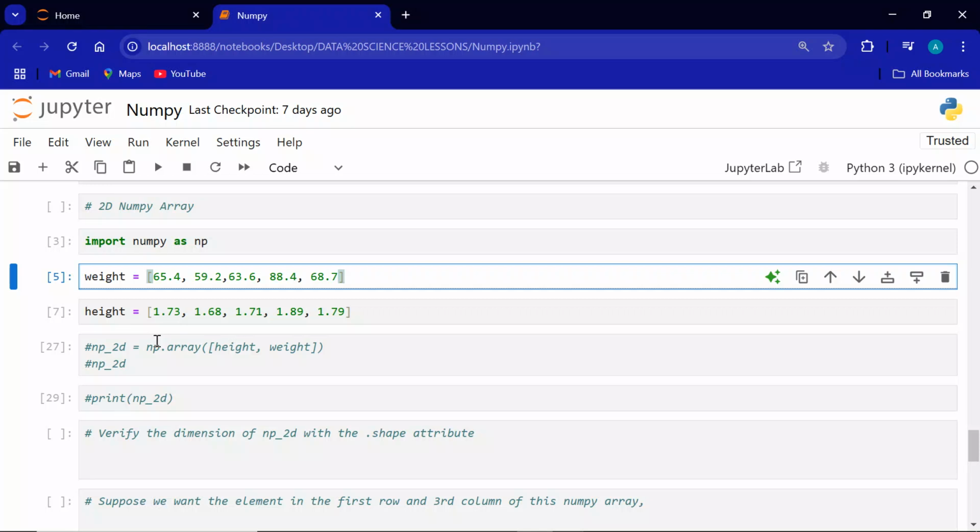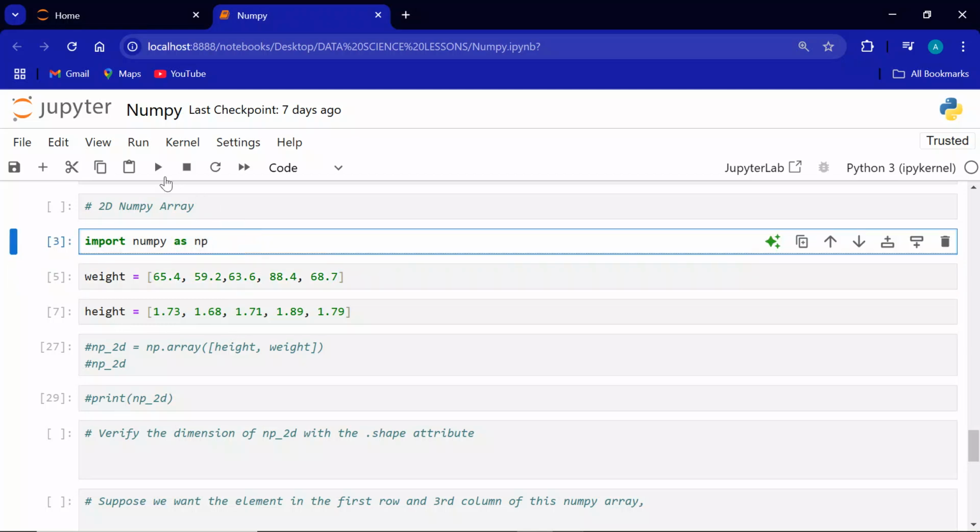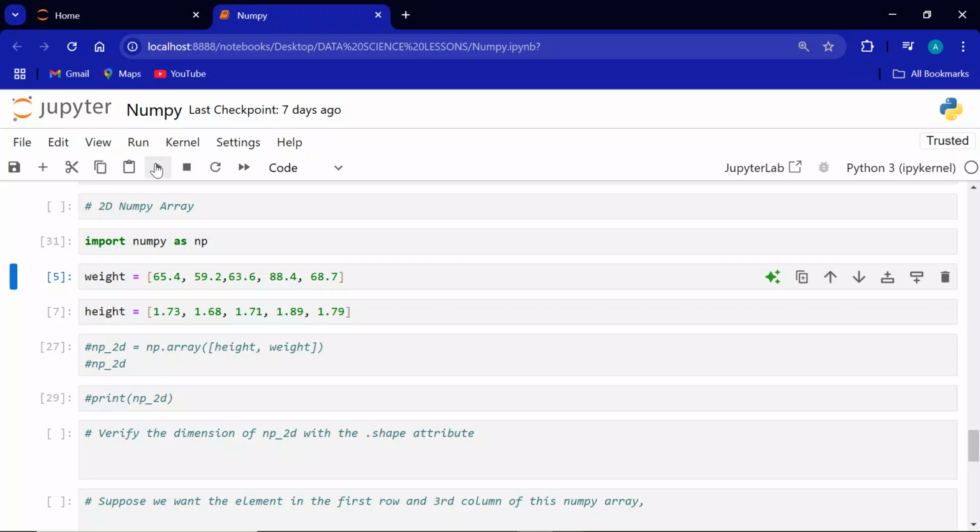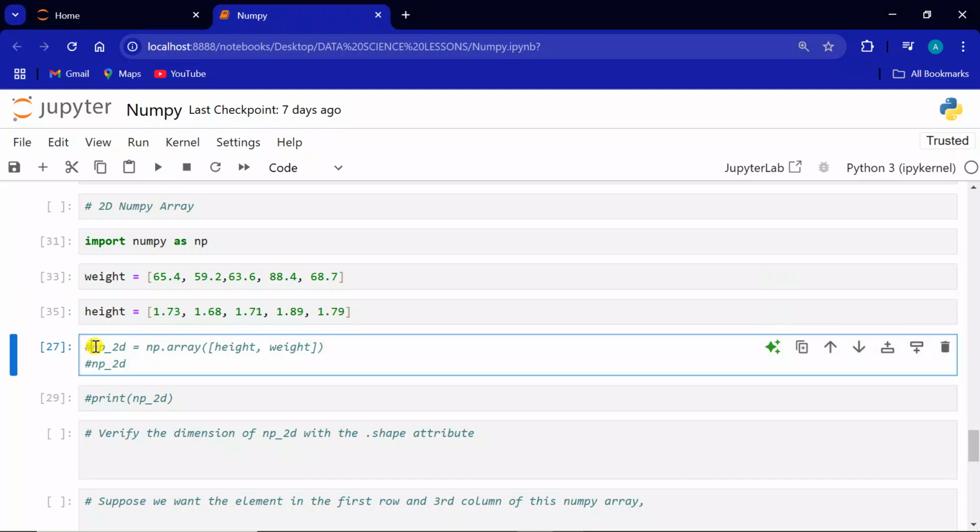array. Okay, so of course you have to first import your numpy as np. Then I've created a list weight. I've also created a list height. And suppose we want to create a two-dimensional numpy array with these two different lists. Of course, you can create this two-dimensional numpy array without creating the weight and height separately. And that will be the exercise for this video where you get to practice with what I'm talking about. Okay, you just have your list of lists and then you just create a numpy array using that list of